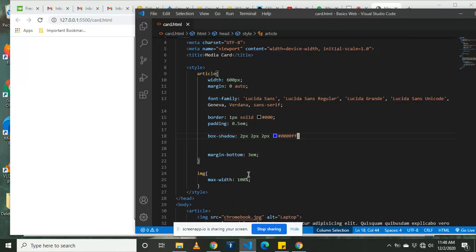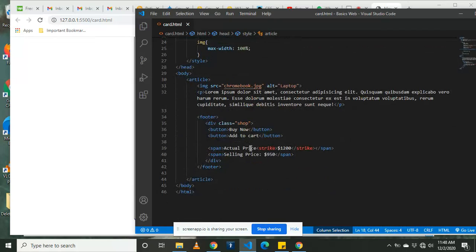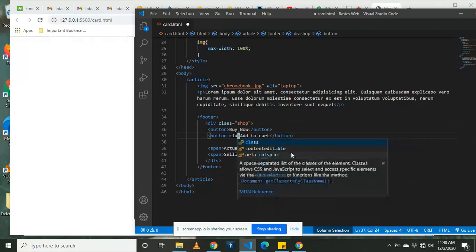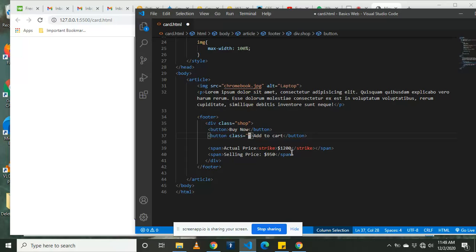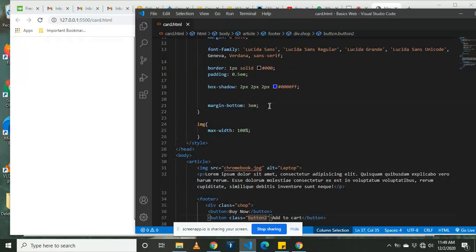I can come and do the buttons. So I'll see here I have two buttons. So I can give them a class. Let me give this class button 2. So I'm going to style button 2